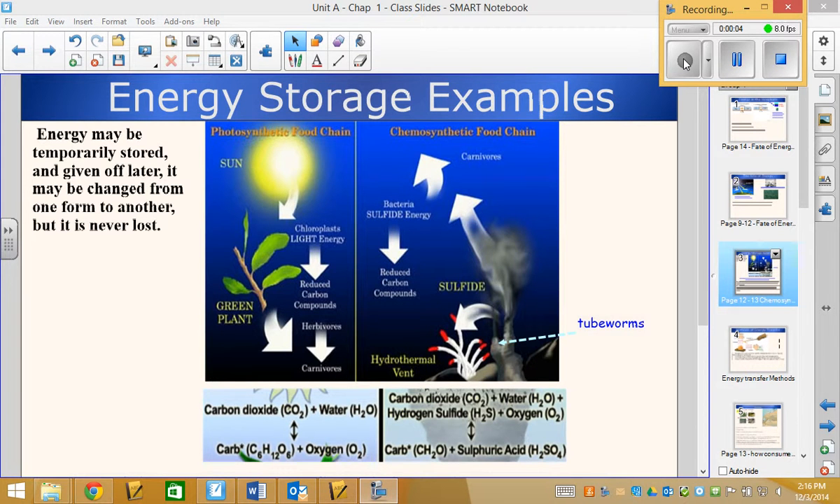The title that you see on the screen is Energy Storage Examples. And that's because both of the processes that I asked you to look at last time are ways that energy can be stored. And so what I wrote over here on the side